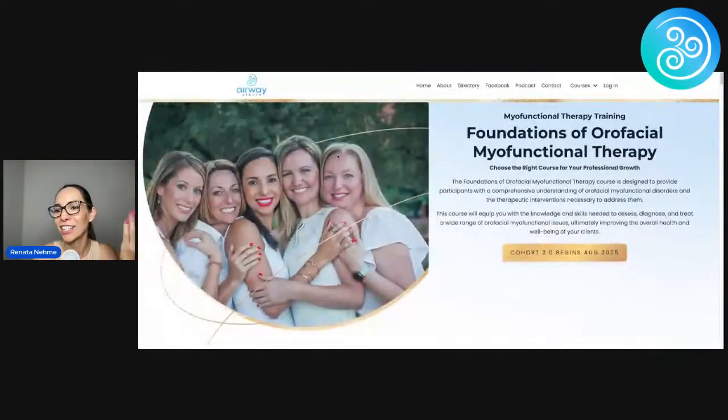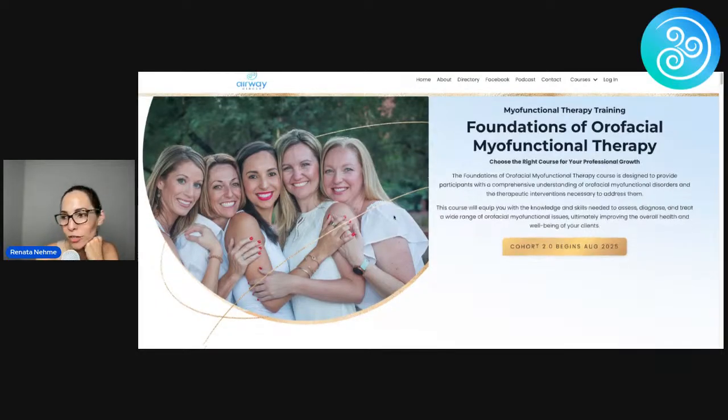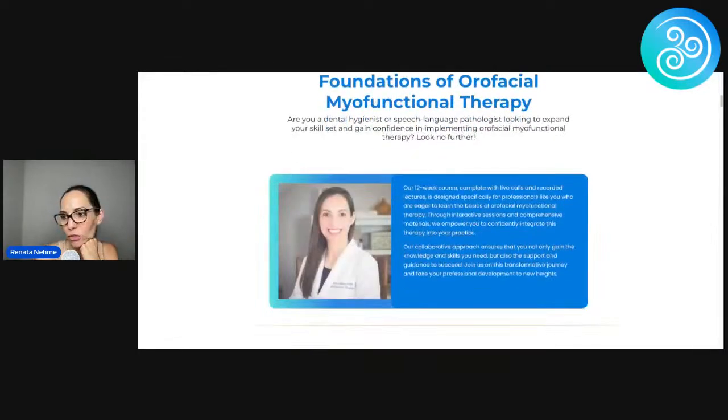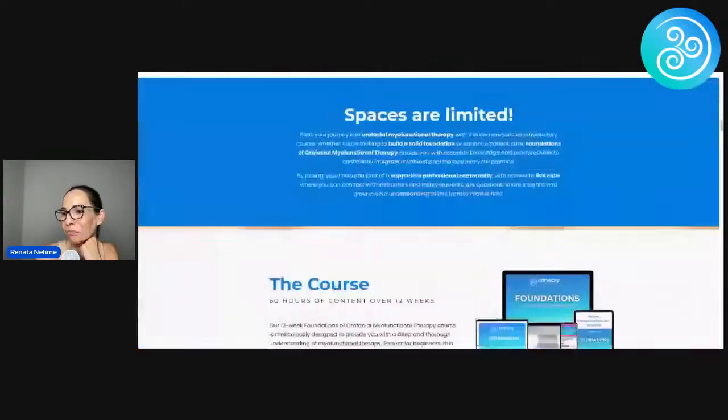We're super excited. These girls helped me put Myo and foundations together. They have been not only mentors, but volunteers with Airway Circle for a long time. But they're all doing their own thing now besides Tamara. Tamara's still with me. But I love them. I'm so thankful for Madison, Angela, and Kimmy. However, they are not active members or mentors right now. Some of them are still mentoring Myo Meets, which are the graduates of Myo Circle. So you guys are still going to see them here and there.